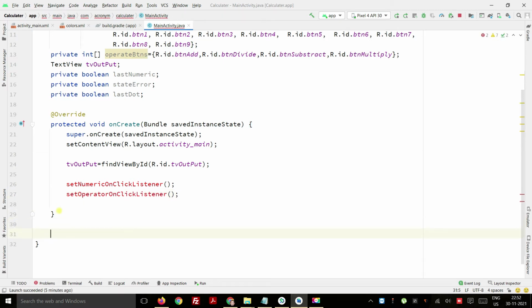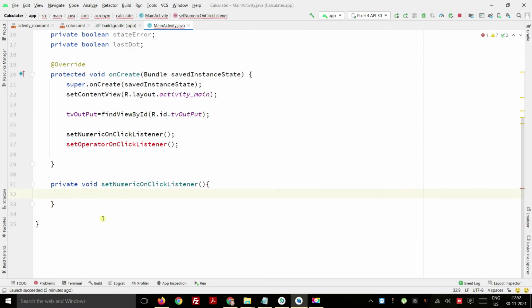So we are going to use our numeric buttons first. Okay, so what we are going to do is private void set numeric on click listener bracket, and then we are going to insert the method. Now we are going to create a common click listener for all the numeric buttons.